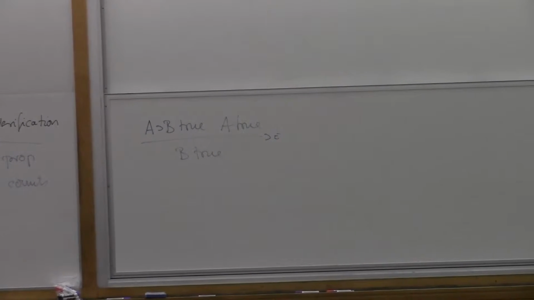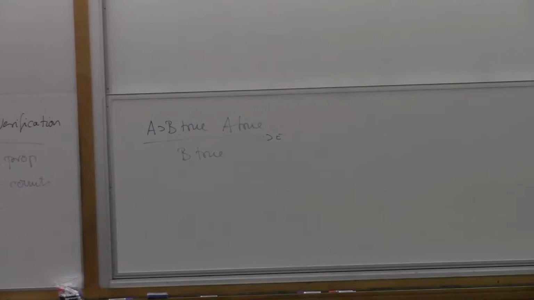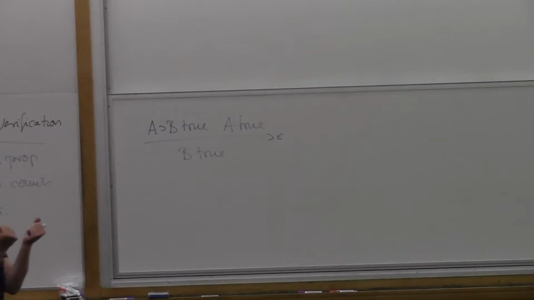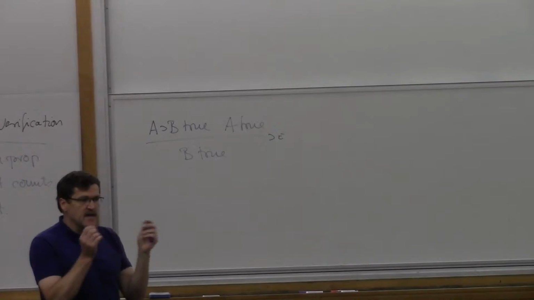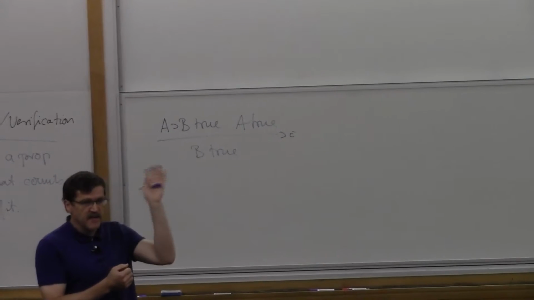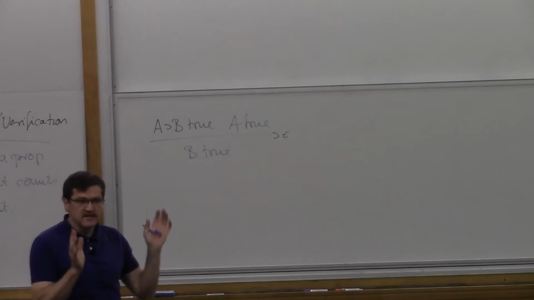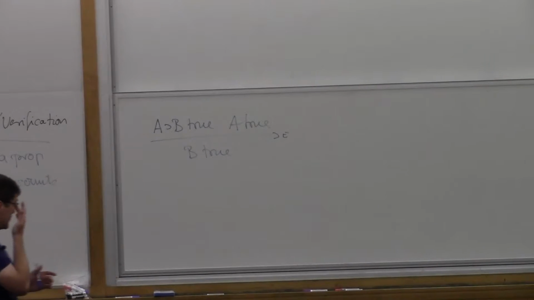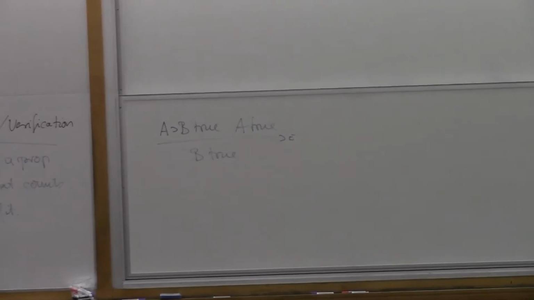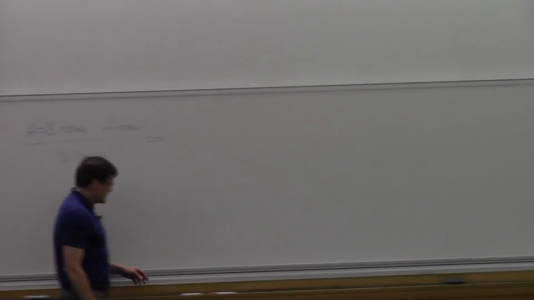What that means, for example, is the meaning of A and B should be determined from the meaning of the components, the meaning of A and the meaning of B. Or the meaning of A implies B should be composed of the meanings of A and B, and not something else that may be around there. So we want our meaning explanation to be compositional. If I say proof, then it wouldn't be compositional because of that. So how do I make it compositional? Okay, that's the next key idea.